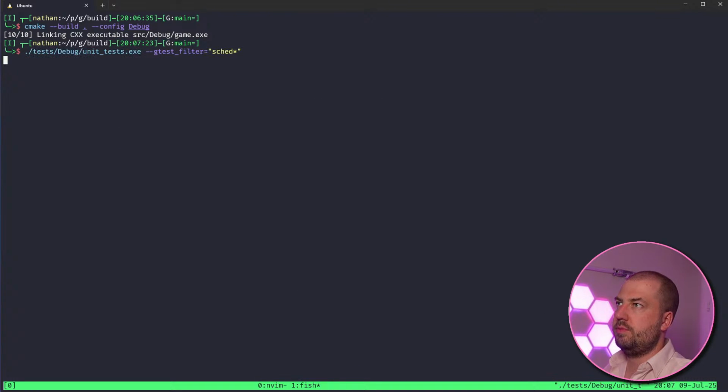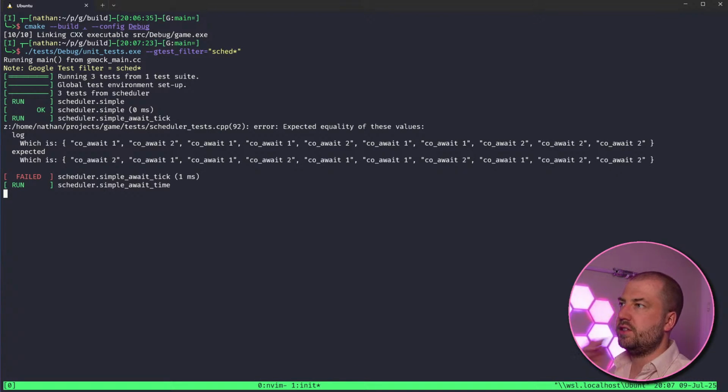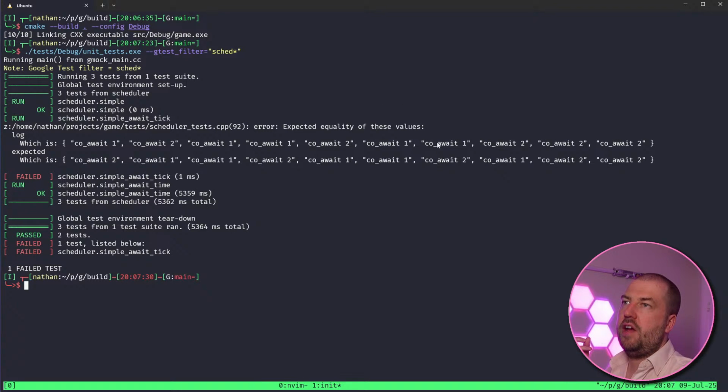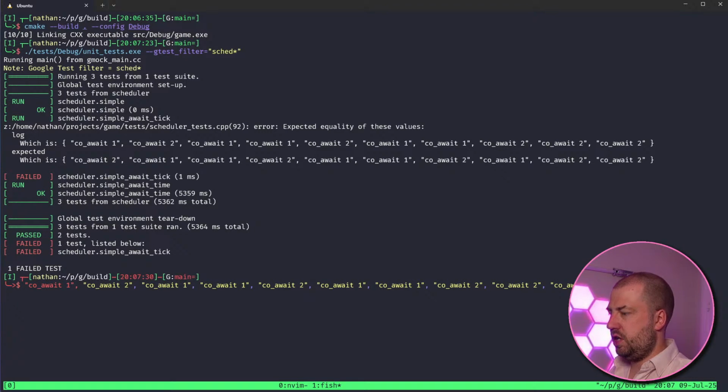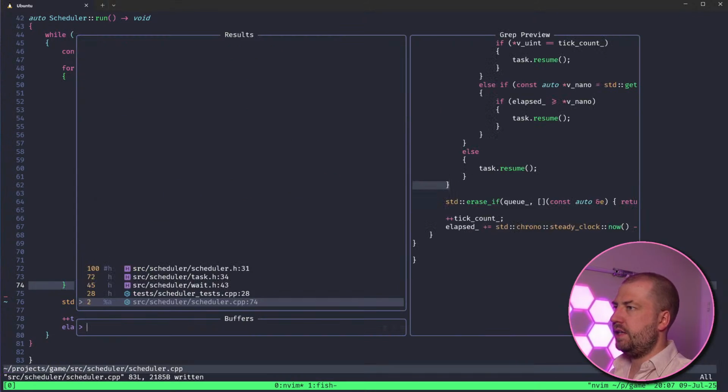So check my scheduler tests. Yeah, so this is now wrong because these should do. I think this is why I struggled to get my head around it a little bit last time, because I couldn't get the order right. But I think this is the order we want. So I'm just gonna do a cheeky little copy of the output and hope for the best.